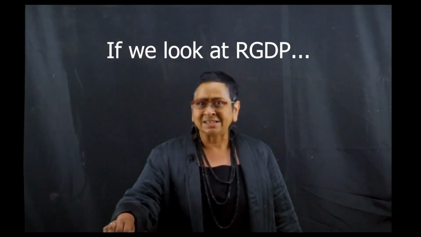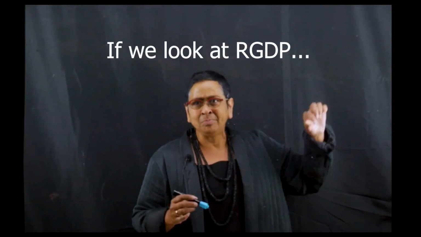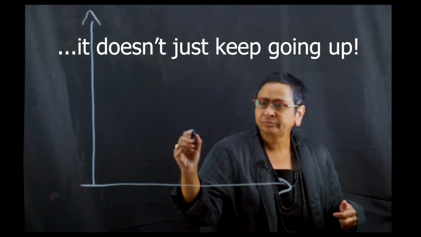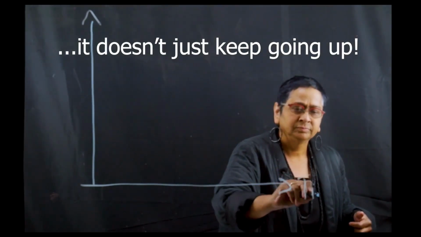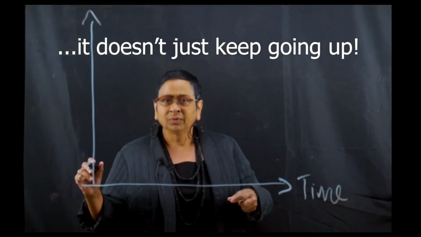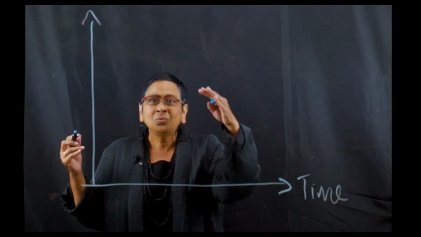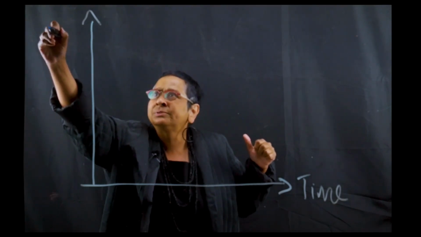The business cycle, as it is defined today, is essentially the idea that if we look at real GDP, it doesn't just keep on going up. An increase in real GDP is growth, but the way that actually happens